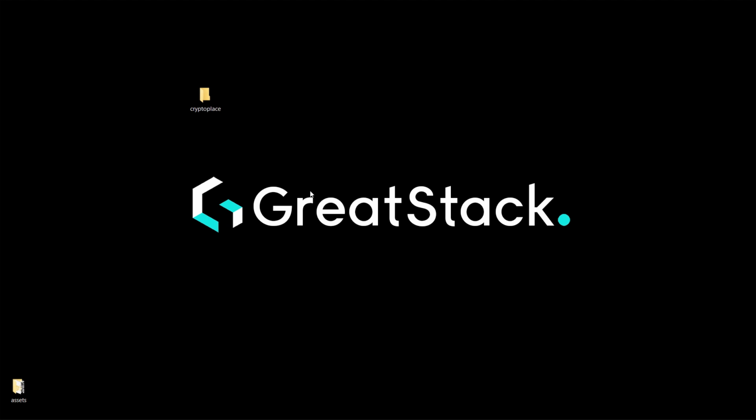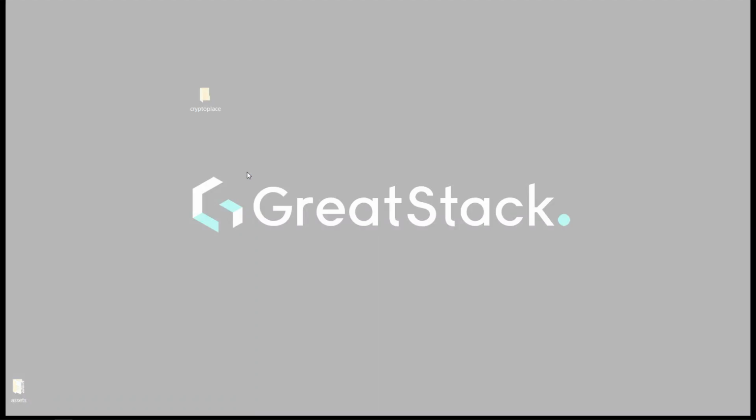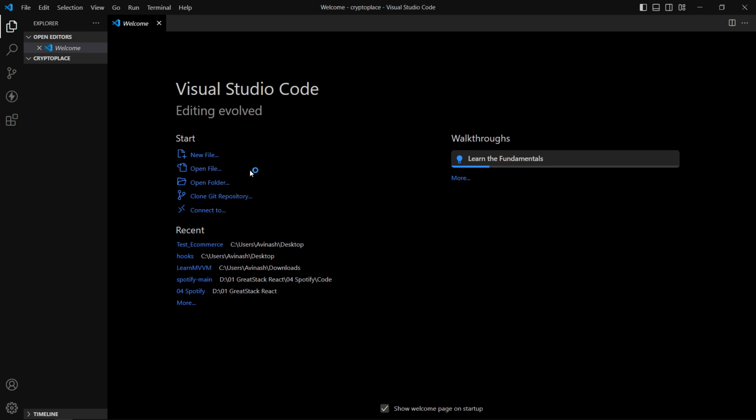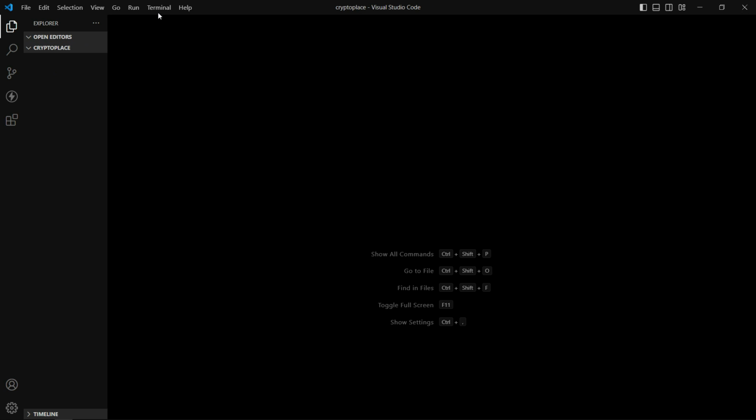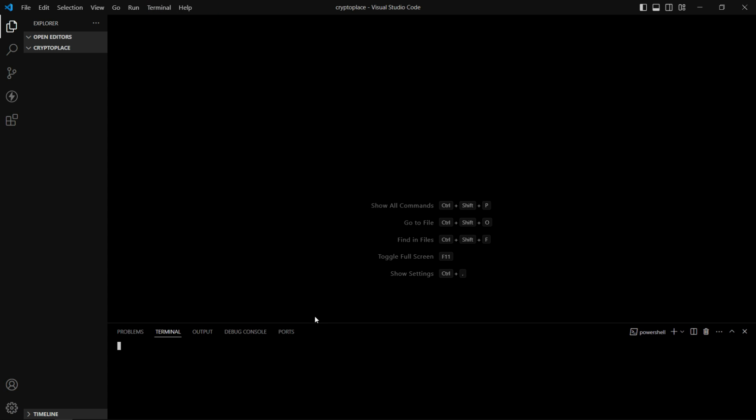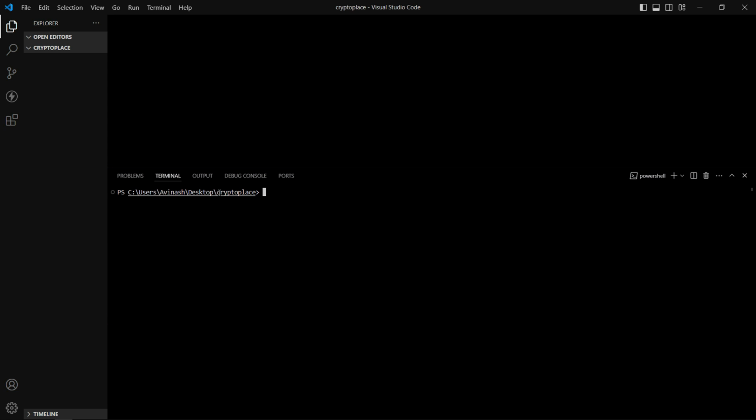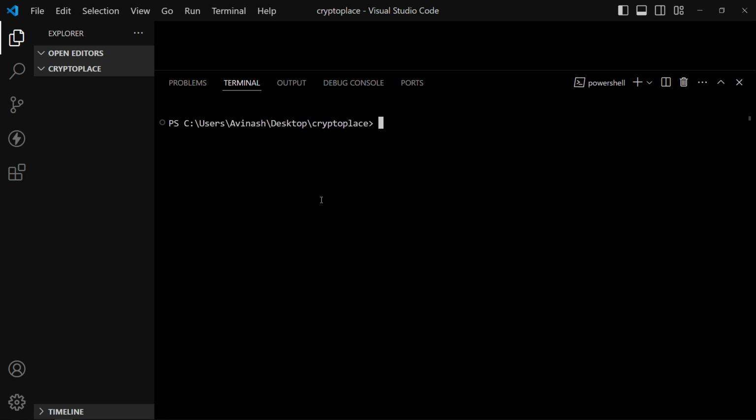So now I am on my desktop screen, and here I have one folder called Crypto Place. Now we will open this folder with VS Code editor. Now here I'll click on this terminal and select new terminal. So in this terminal you can see we are in the Crypto Place folder. Now you can see clearly. So in this terminal we will type the command